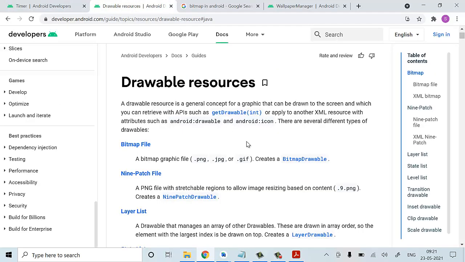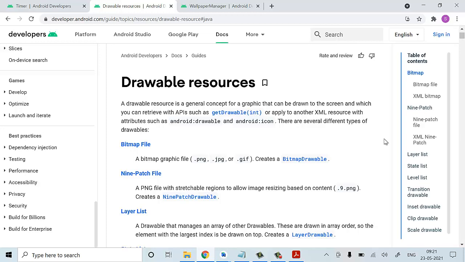Next is drawable, where drawable is nothing but a resource where we can store all the things, all the folders and pics, into the drawable folder. Using this, we can extract the pictures and work on them. Another thing, we have a bitmap. Bitmap is nothing but a class. All the images you have posted in the drawable, it will extract and adjust however is required for your height and width.